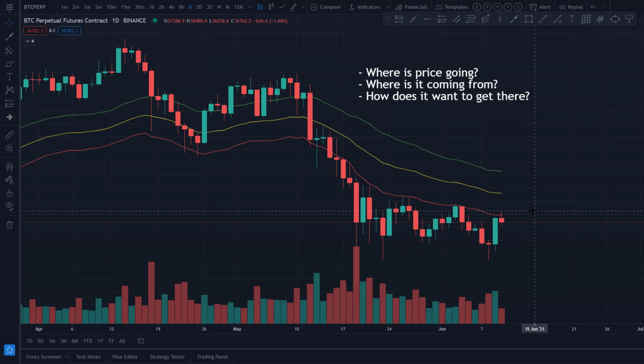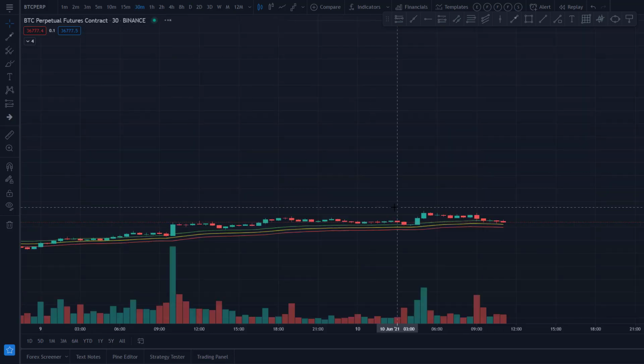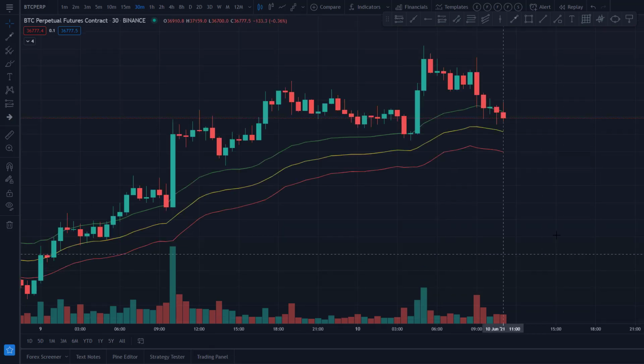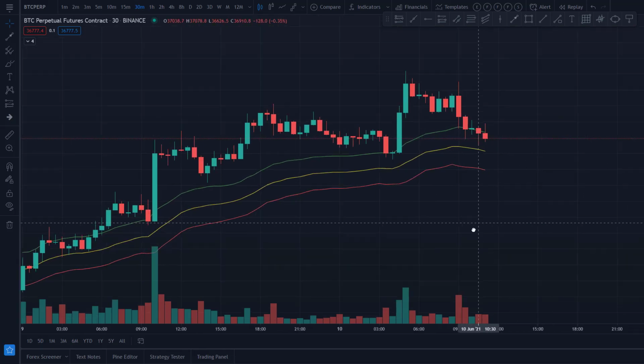So I want to reiterate what I just said. When I look at a chart in my system, in the RexDog system, the one that I teach and the indicators that I'm building for, the RexDog average is the first thing you look at. It tells you the bias of the market on any time frame. It doesn't matter. We can go to the 30-minute. On the 30-minute, the bias is currently long.